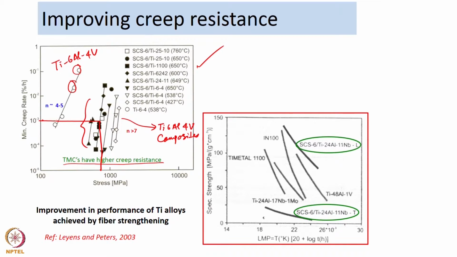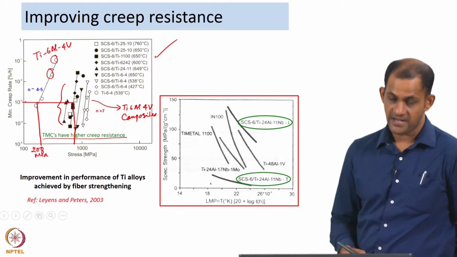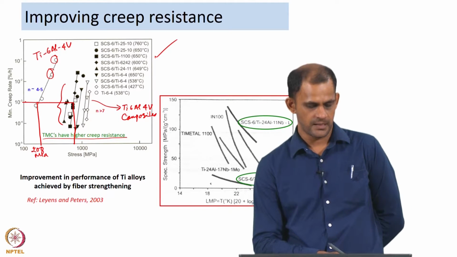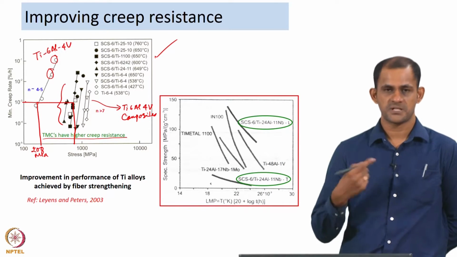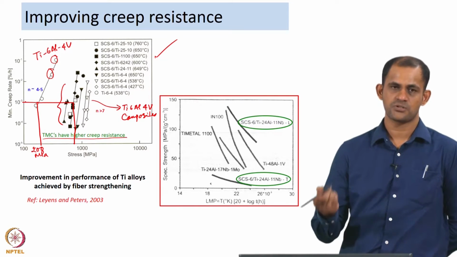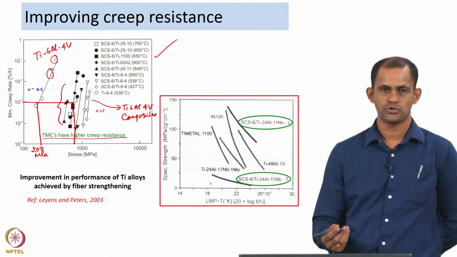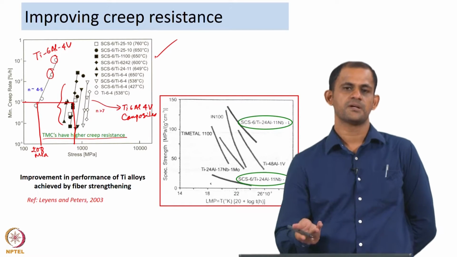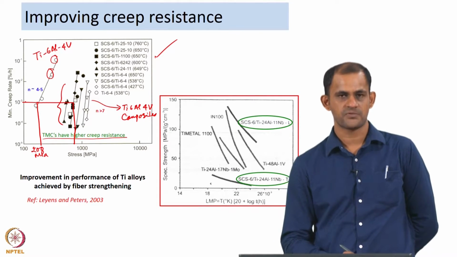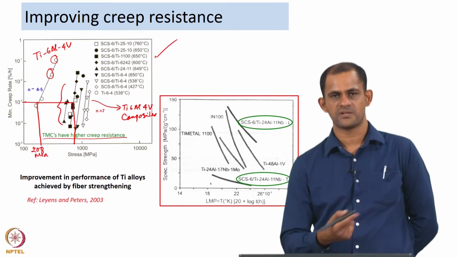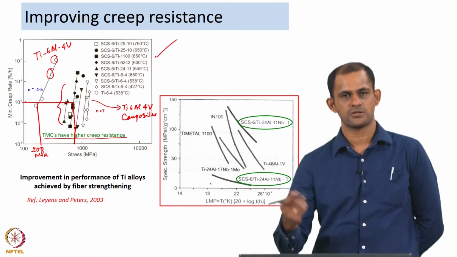let us look at the stress levels required for Ti64 and Ti64 composites. Clearly, to achieve a creep strain rate of 10 to the power minus 3, Ti64 may need around 200 MPa applied stress, whereas the composites will require at least 800 to 900 MPa applied stress. So, the composites require higher applied stress to produce the same strain rate of deformation. Naturally, there is an improvement in the performance of titanium 6 aluminum 4 vanadium by the introduction of these particle strengtheners or fiber strengtheners.